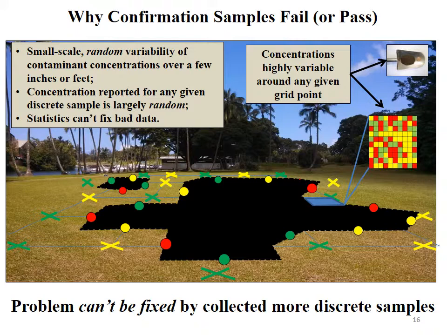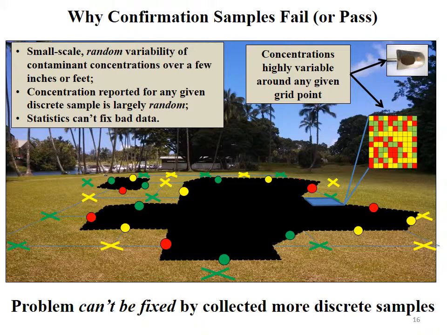So this explains why confirmation samples fail or even pass in the field after you've excavated an area of contamination. And in the end, it's really random. It's due to small-scale random variability of contaminant concentrations, just over a few inches or a few millimeters or feet. The concentration reported for any given discrete sample is largely random. It's highly unlikely that concentration represents the average concentration of the contaminant in the sample. It's highly unlikely that that sample actually represents the typical or average concentration of the contaminant from where that sample